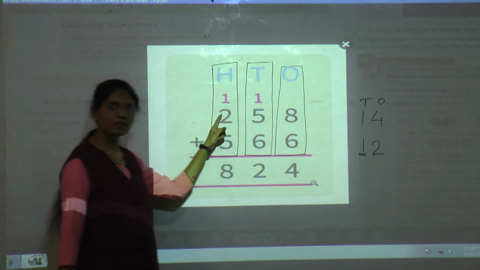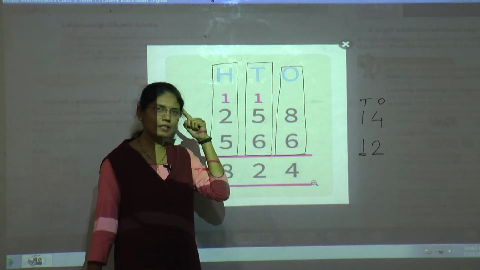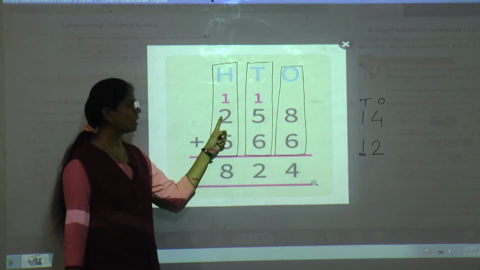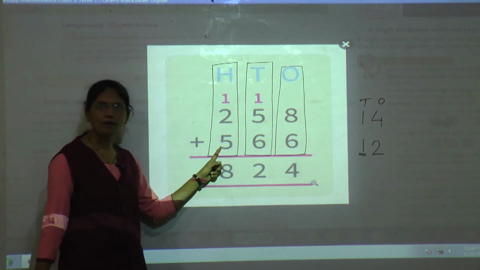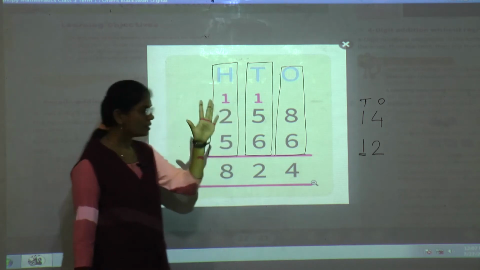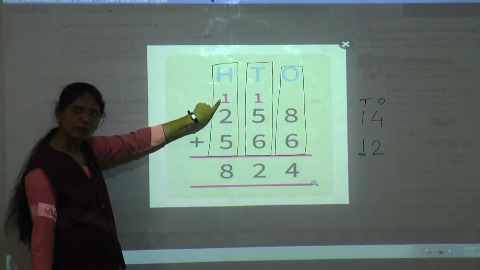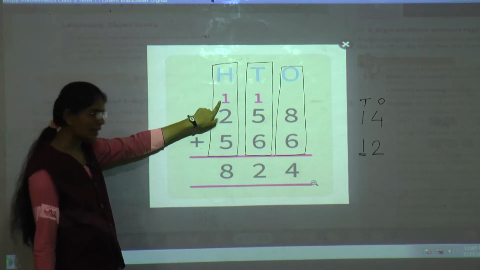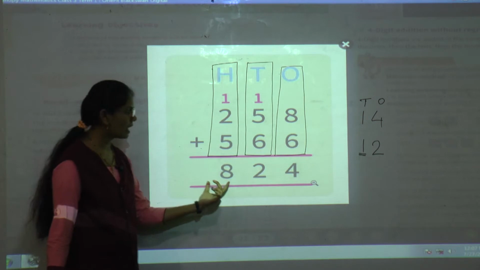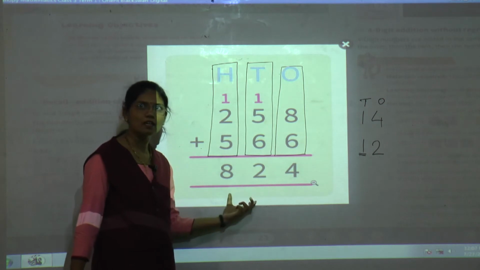Now which number we will keep in your mind? Yes, we will keep these 2 in your mind. Keep 2 in your mind. Okay. Now take out your 5 fingers. Show your 5 fingers. Okay. Now after 2, add 5. Yes, count the fingers. 3, 4, 5, 6, 7. Now see, here one carry is there. Okay. So again this carry also we have to add. So 1 plus 7, 8. So 8 is a only one digit number. So we will write here 8. So what will be the answer? The answer is 824. This is the answer.